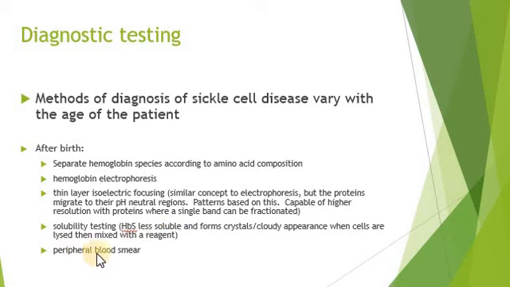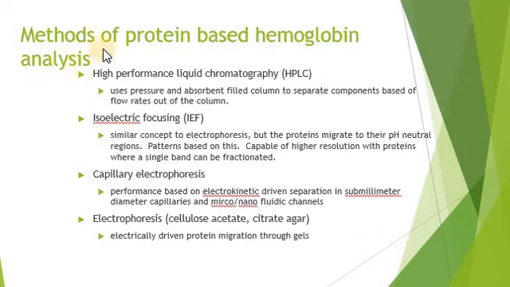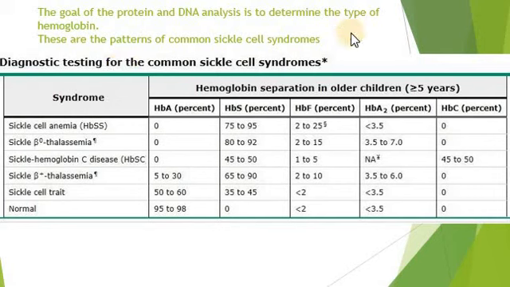There may be testing of the peripheral blood smear. There are now very sophisticated techniques available for testing hemoglobin, like high performance liquid chromatography, isoelectric focusing, and capillary electrophoresis. On this basis of the diagnosis, one can differentiate different types of sickle cell anemias, like it may be sickle cell anemia, it may be sickle cell associated thalassemia,